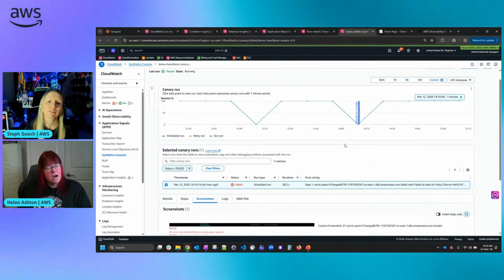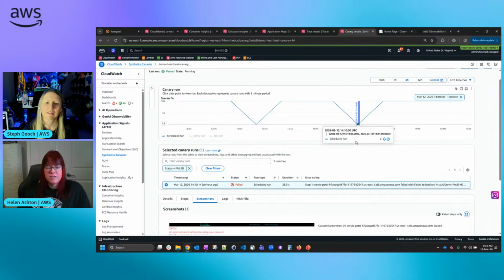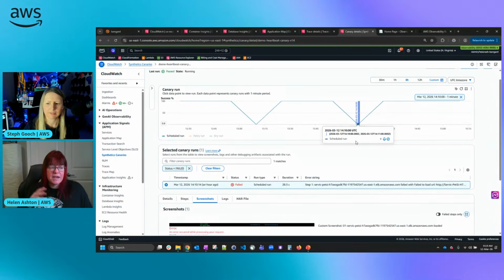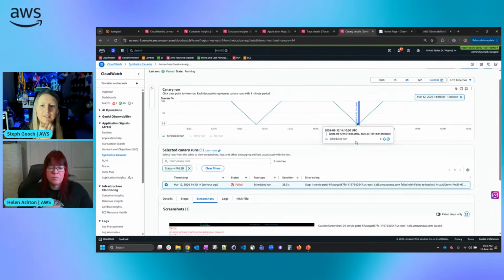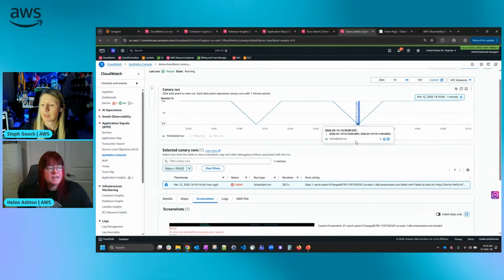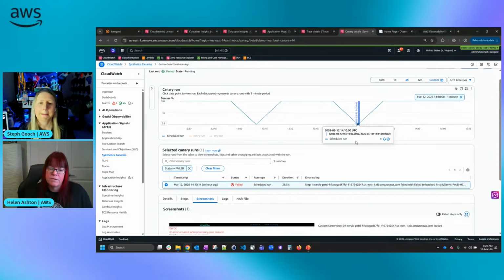I can set an alarm off when that success hits that 0 point. And so I can get an automatic notification from that, or maybe carry out some automatic action as a result of it. And I can do this without touching, without knowing, without talking to the people that own that application. So if I had some external applications that I relied on, I could do checks on these too. So really easy.